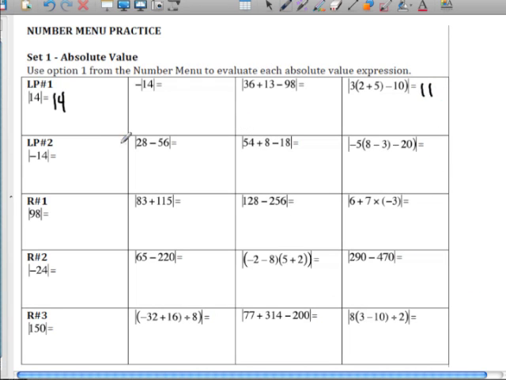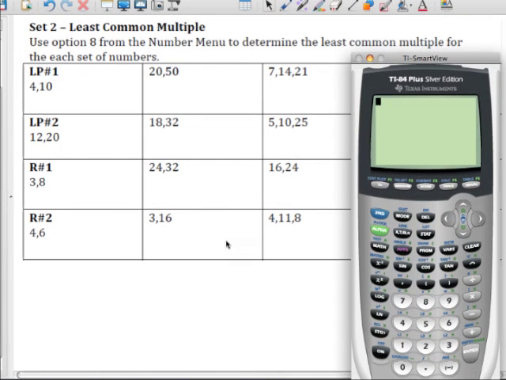And then go ahead, finish lesson practice number 1 and lesson practice number 2, and just enter them in as you see them, and then go on to the next clip. This video clip covers lesson practice number 1 from set 2 from this section of the notes. And the instructions read, use option 8 from the number menu to determine the least common multiple for the set